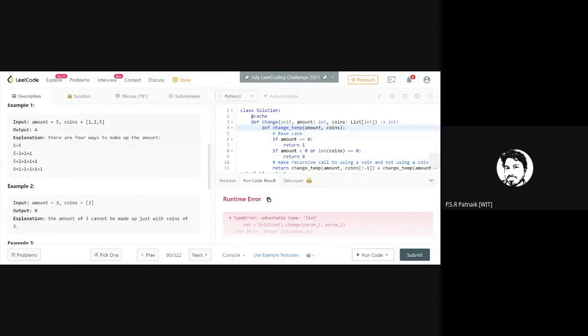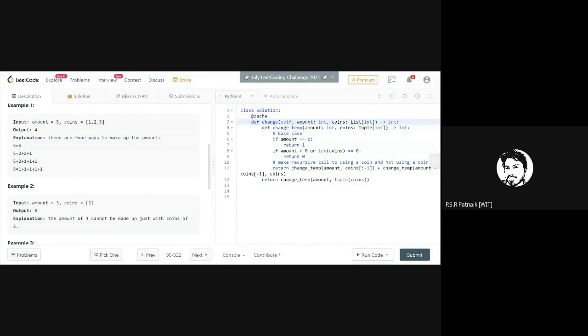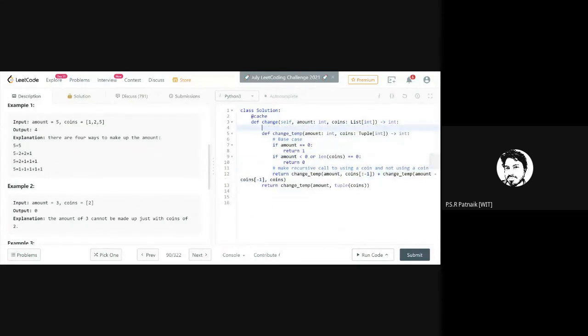What I'm doing wrong is, this is not cacheable now. What I need to cache is not the above one. The below function is the recursive one, right? The above is not.